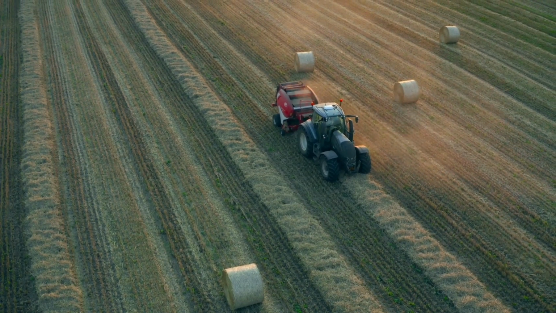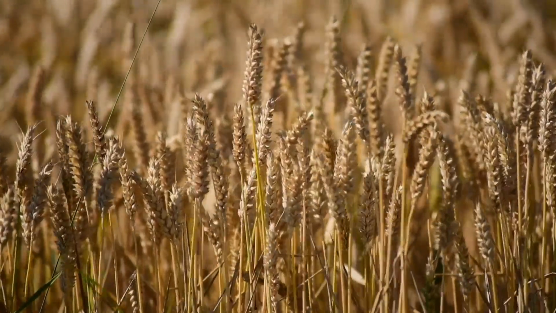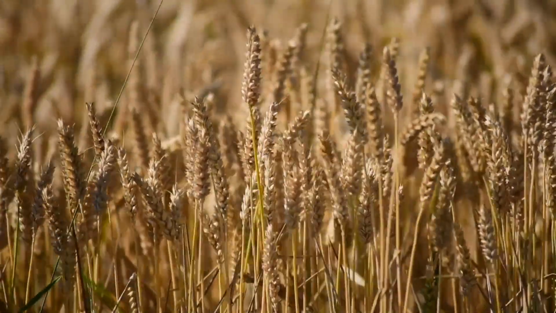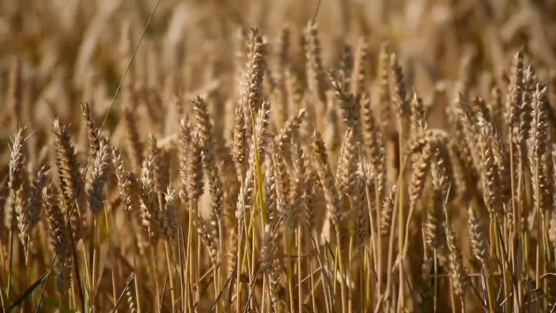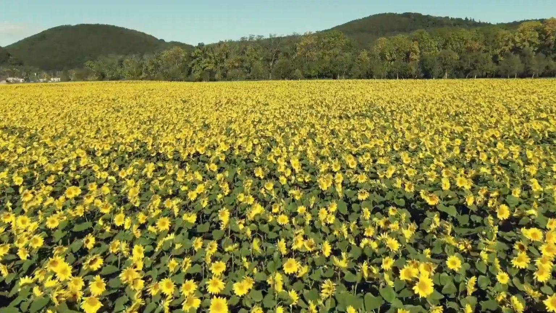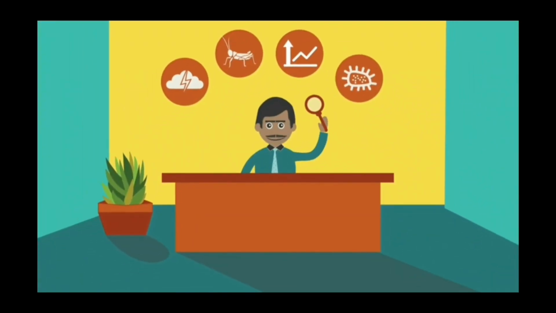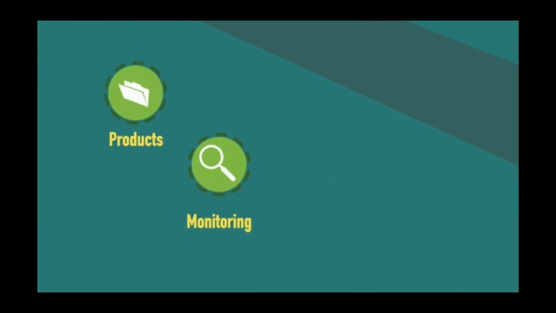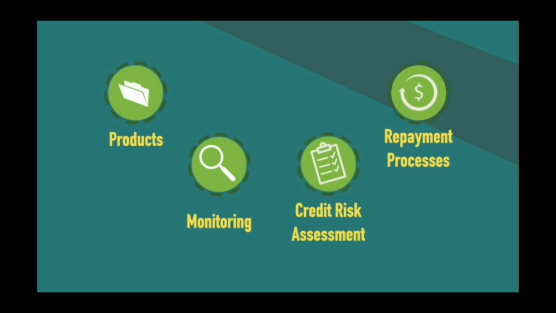Lending, whether to a farmer or to an agribusiness, shares similarities with lending to other sectors, but due to the nature of agriculture also has some significant differences. Banks and lenders need to understand these differences so they can design their products, monitoring, credit risk assessment, and repayment